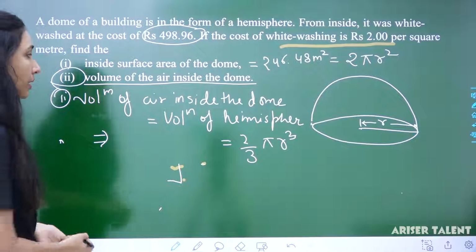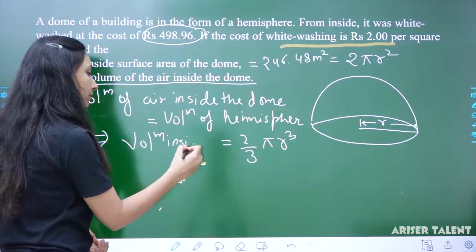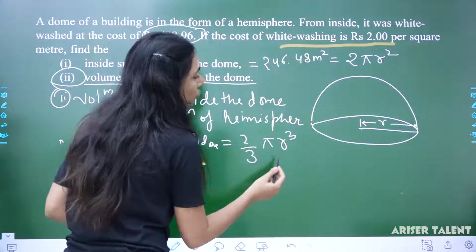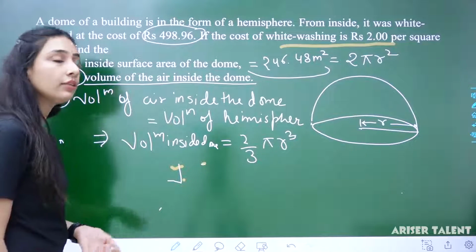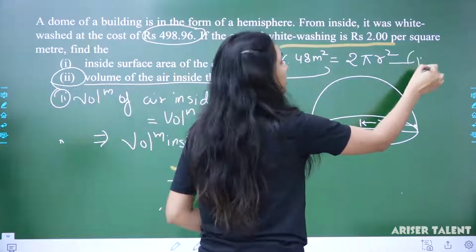Okay, that will be the volume inside the dome. For this, even if you put the value of 2 pi r square from here, you will be left with the r, and you do not know r. So if this is the first equation,